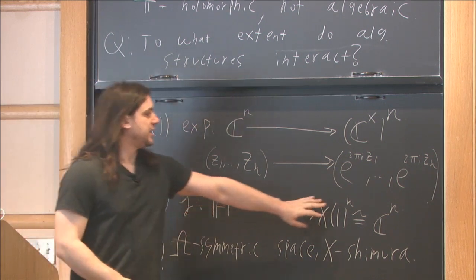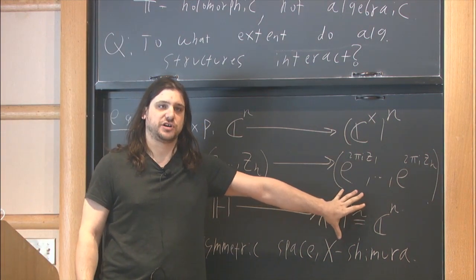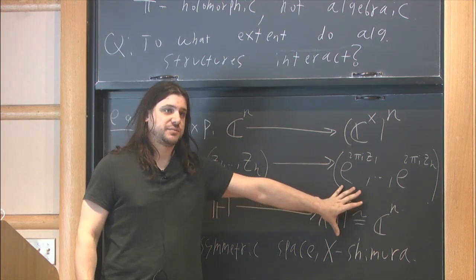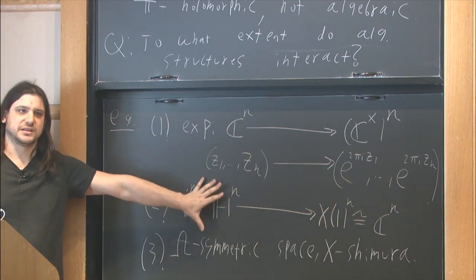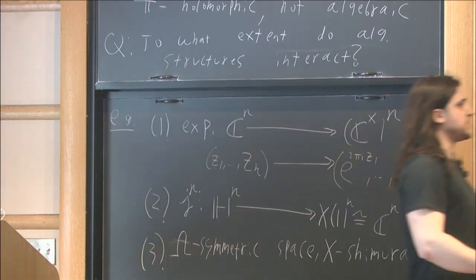For example, in C to the n, which you can think of as the moduli space of elliptic curves to the n, you can insist two elliptic curves are isogenous by a cyclic isogeny of some degree. And over here, that will translate to some linear or very simple relation. And so in general,